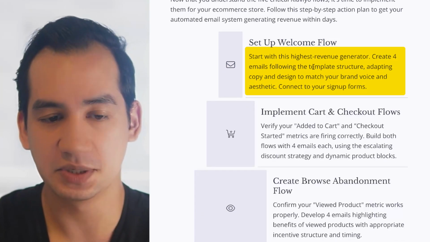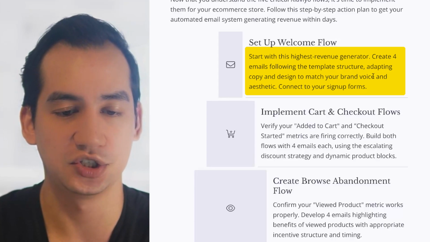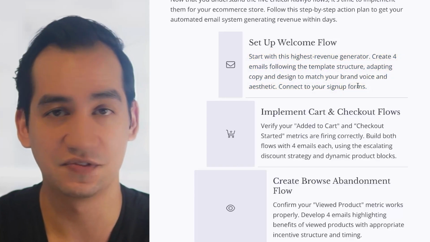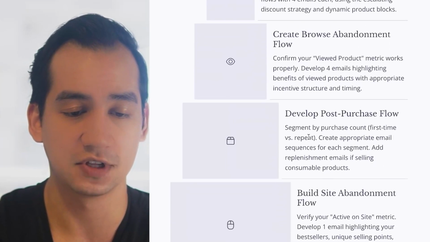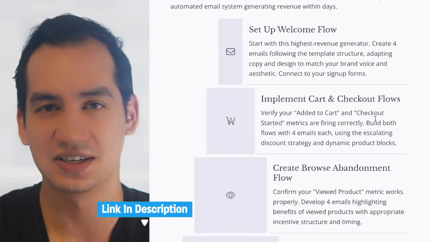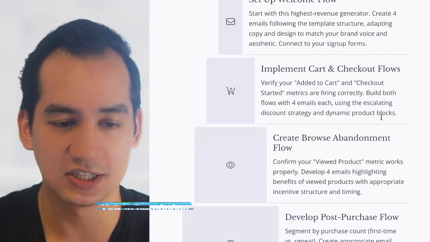So create 4 emails following the template structure, adapting copy and design to match your brand voice and aesthetic. Connect them to your sign-up forms. Again, if you want examples of all these flows, the link to this doc is in the description. You'll be able to check out the winning emails that we've produced for our clients. Step 2,